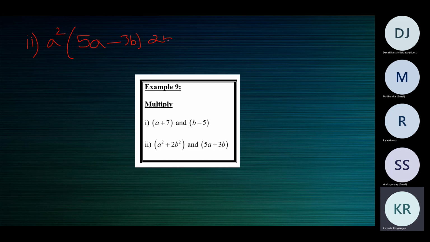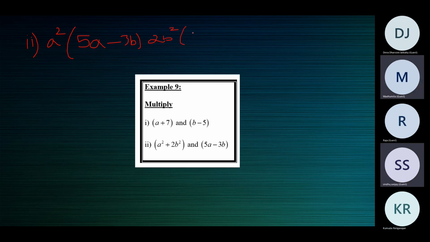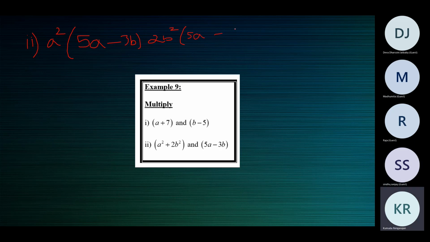2b square. Huh? 3b square, ma'am. Try to complete this one, ma'am. Yeah, that's what I was telling you. We'll discuss the answers. I told you I cannot go to the next part without making sure that you've all got the correct answers for these. So we're seeing the answers. Now, what's the mistake in this? Tell me. There is a mistake in this one. What's the mistake?